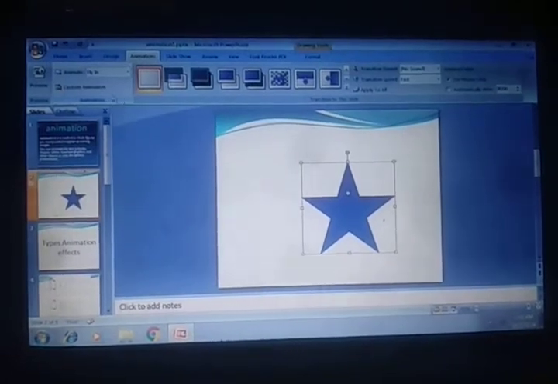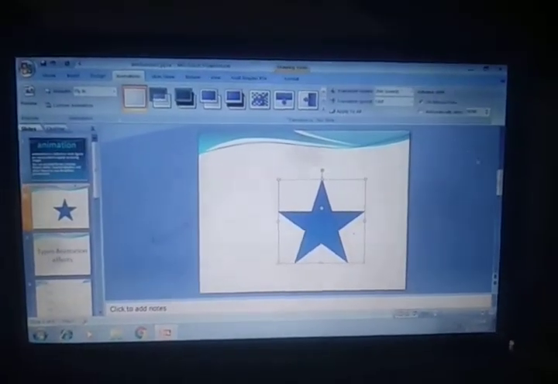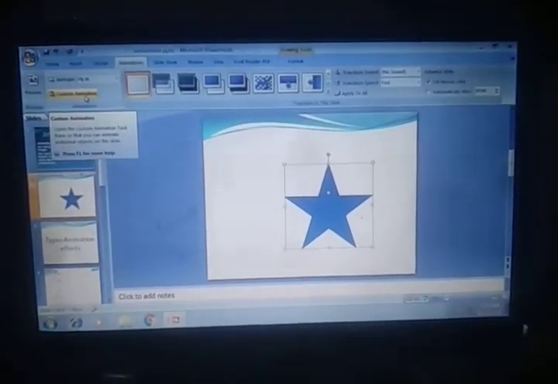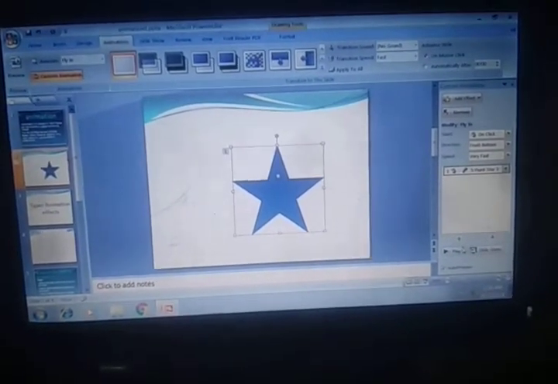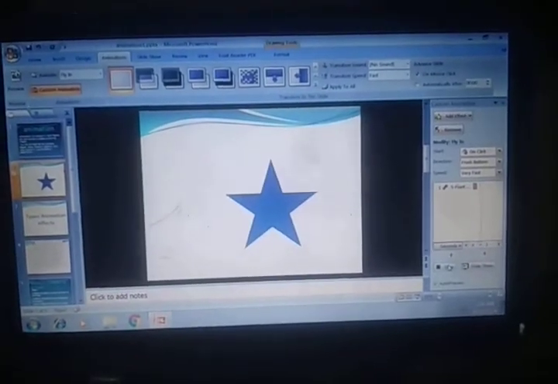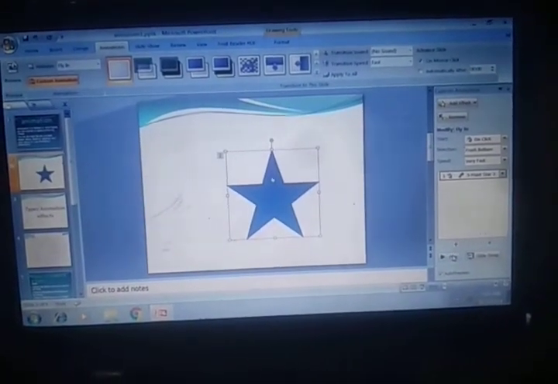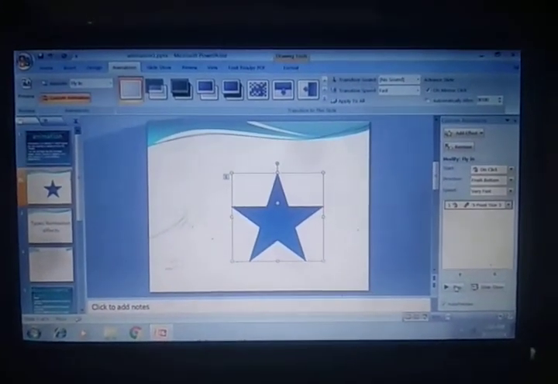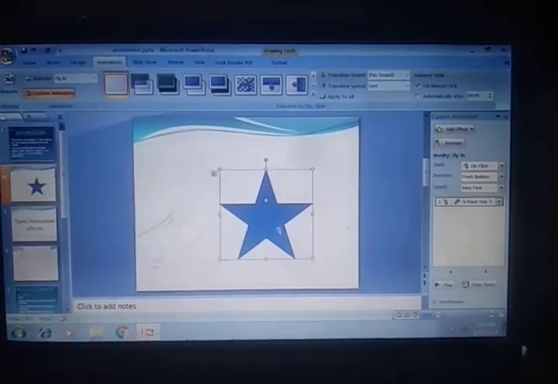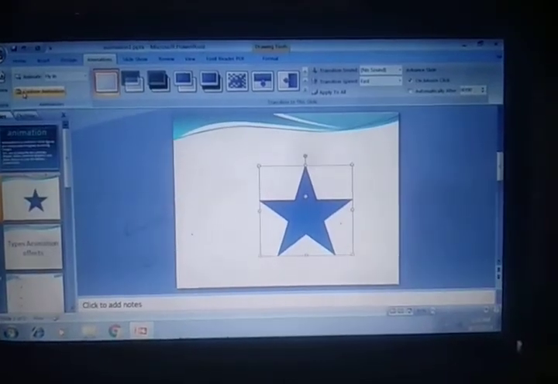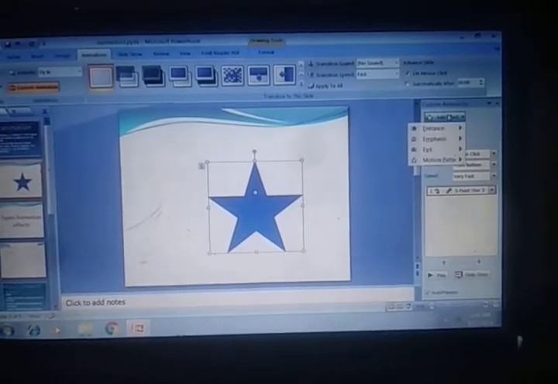Next, we can also give custom animation effect. Here, play. I have given only one effect on that star. If we want to give custom animation, it means we can create our own animation effect, multiple animation effects. Custom animation, add effect.